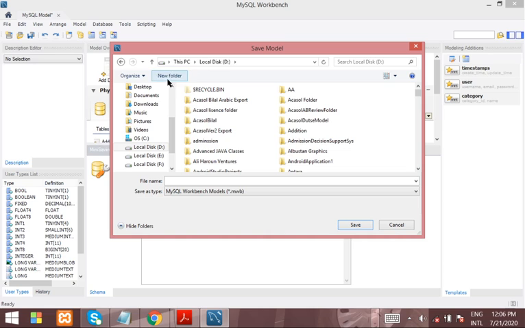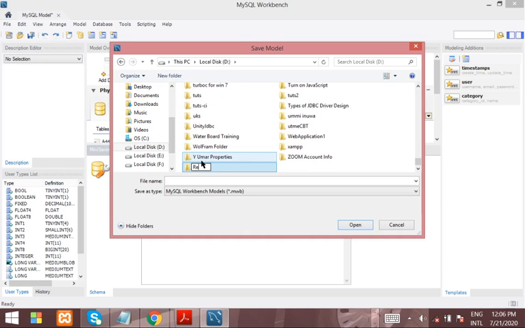So you can create a folder here and call it reversed mini sevens 2, right? Mini sevens 2. And then I will name the model this way.